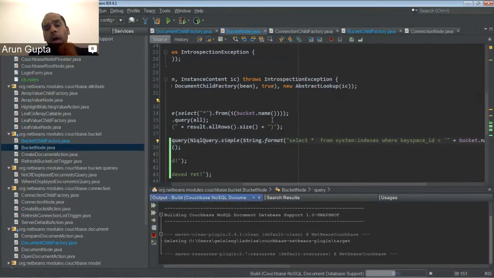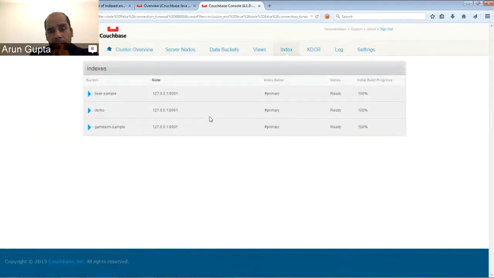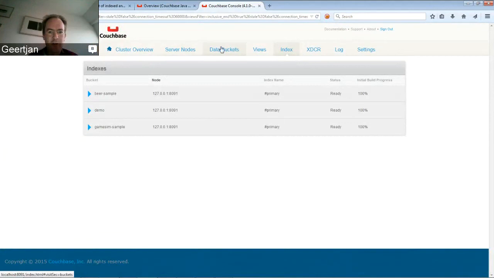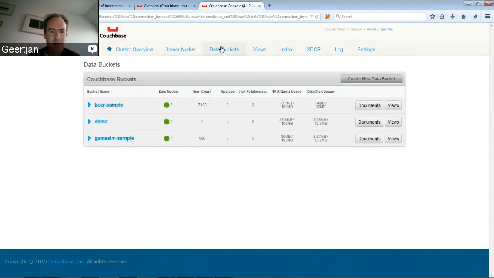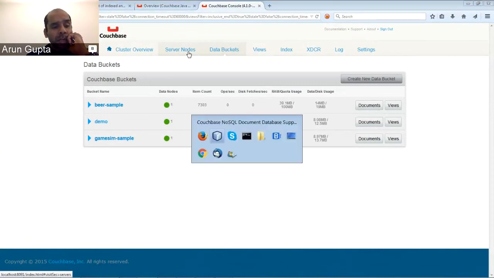And we still have to debug why our default bucket is not showing up, because we did disable that part of the code. Yeah, well, if you look in the Couchbase console, I don't see the default bucket here. So it could be that you removed it at some point. Okay, that's okay. But at least we are not doing any magic from our side of it. So in that sense, it is consistent with what Scott showed in the console.